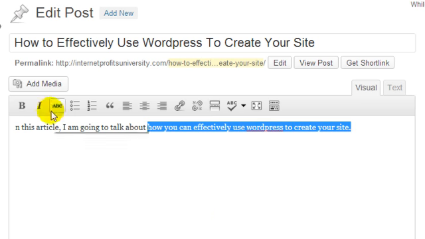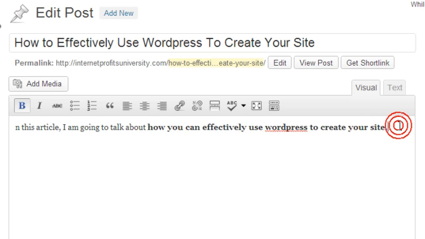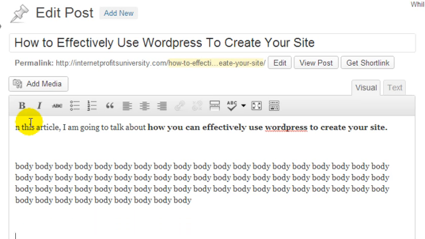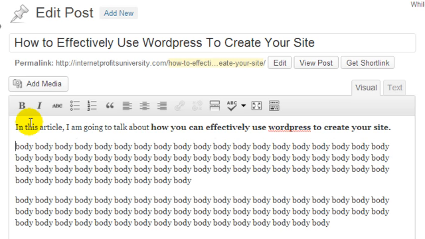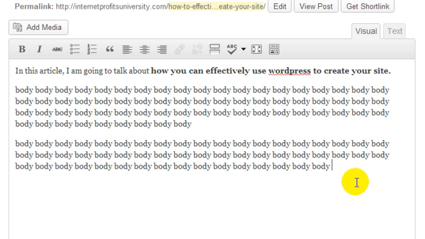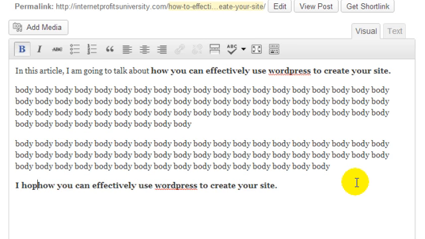And I'm going to bold this. And let's say, for example, I have the body here. You want to make sure that your keyword or related keywords are in your body. And then you want to make sure that the keyword, or keyword phrase, is at the very end of the sentence as well. I hope you enjoyed